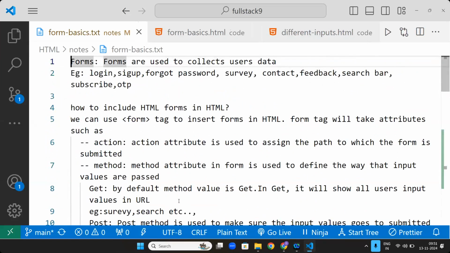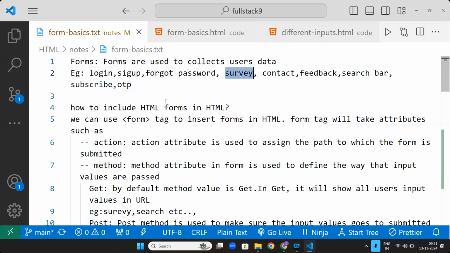Now, first onwards, we are discussing one of the major topics in HTML, which is forms. Forms are used to collect users' data. Like we have different types of forms like login forms, sign up forms, forget passwords, surveys, contacts, feedback, search bars,